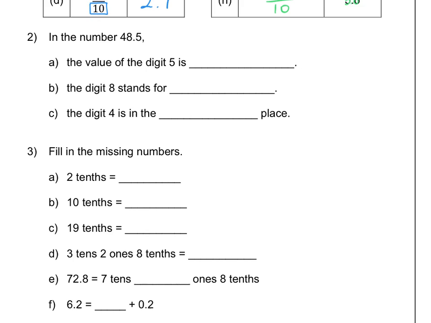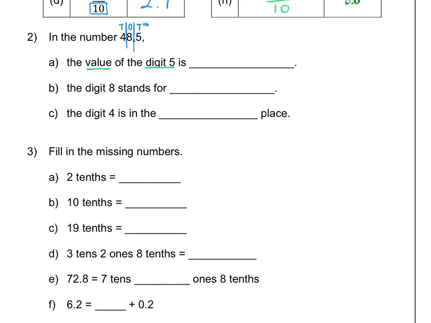In the number 48.5, fill in the blanks to find out the answer. So whenever we are given a number, we have learned that we should always label its place value chart. So in front of the decimal point, the place value is ones. Before that, it is tens. And after the decimal point, the place value is tenths. Okay, and for part A,